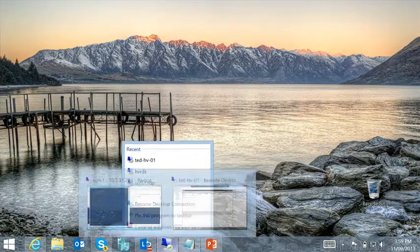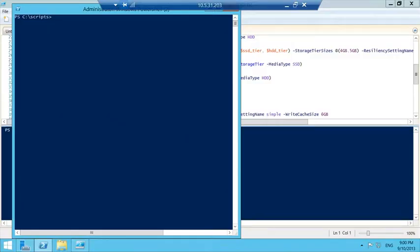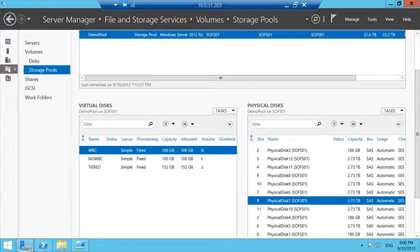Oh no, that one's actually all right. This one's okay. This is the one we set up, right? All right, let's look at it. Rick showed you a whole bunch of stuff on what it looks like from a PowerShell perspective. I'm going to take you through and show you. Look, I've got a bunch of